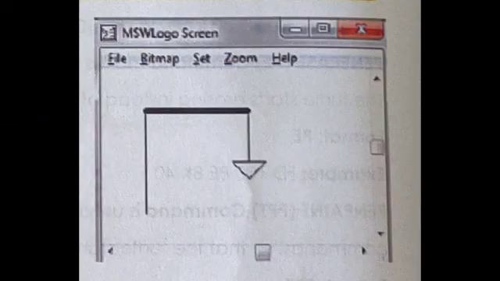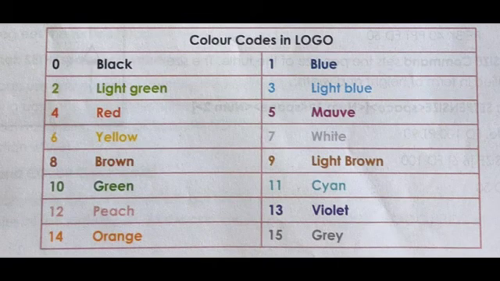Colors are represented by numbers: 0 for black, 2 for light green, 4 for red, 6 for yellow, 8 for brown, 10 for green, 12 for peach, 14 for orange, 1 for blue, 3 for light blue, 5 for mauve, 7 for white, 9 for light brown, 11 for cyan, 13 for violet, 15 for grey. These are the numbers for color codes in Logo.